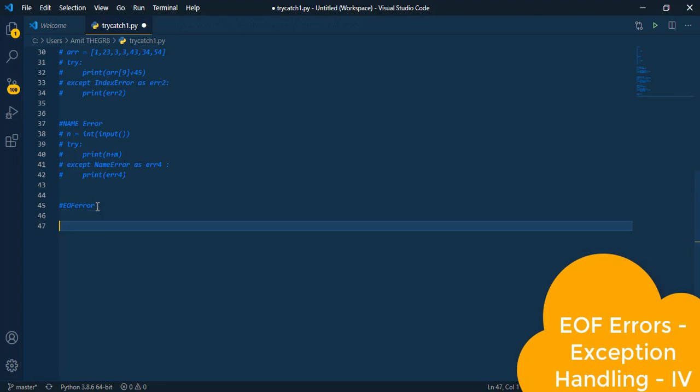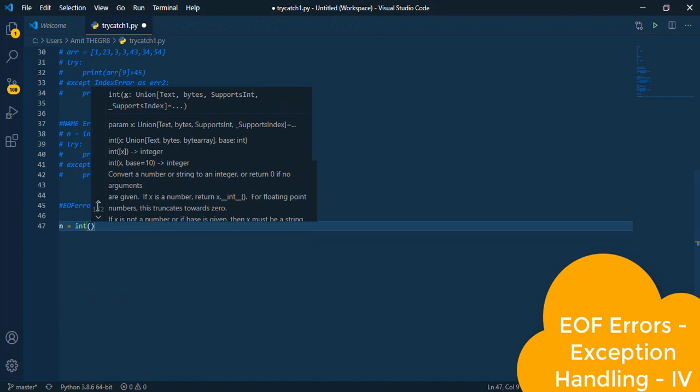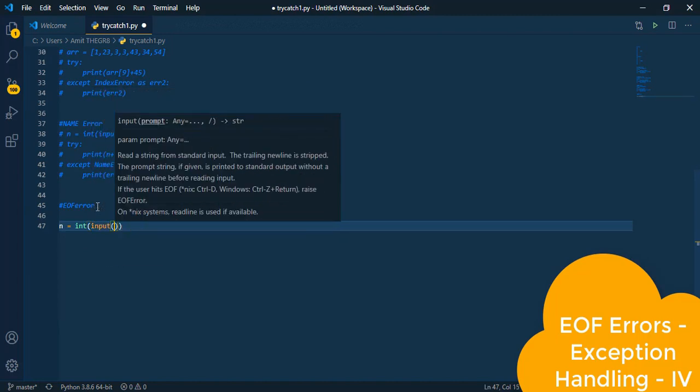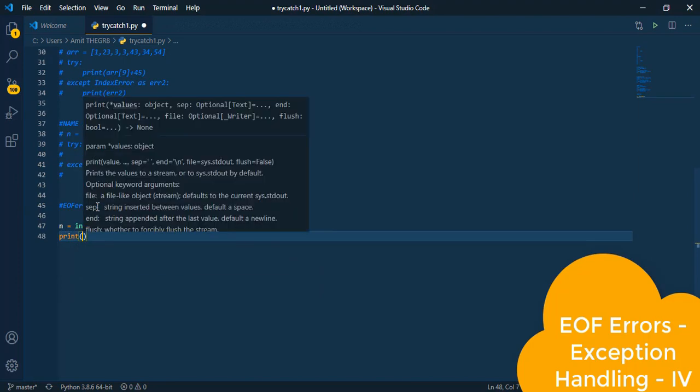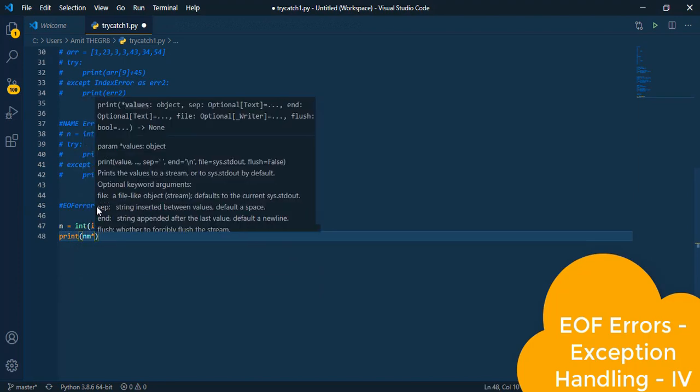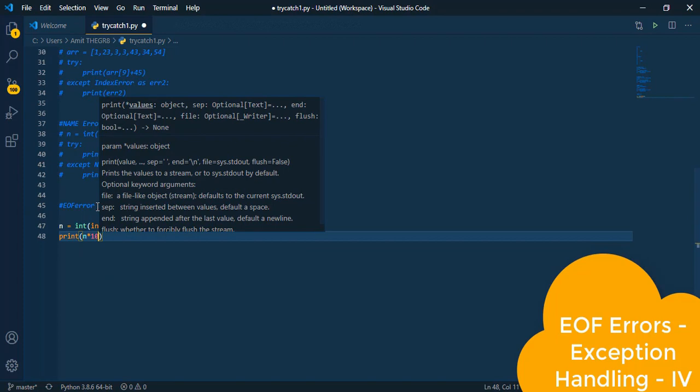Now let me show you how the EOF error occurs. This occurs mostly in online IDEs. Let us suppose you have asked the user to enter a value, and you are printing the value as n into 10.